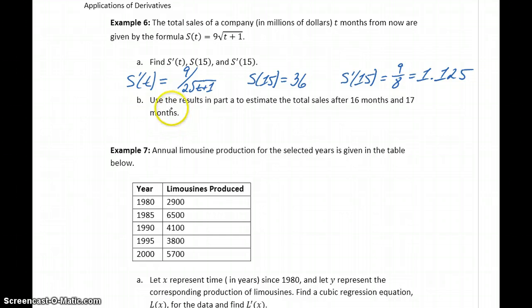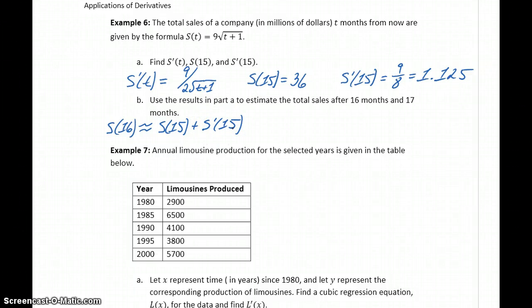In part B, we want to use those results that we just came up with to estimate the total sales after 16 months and then again after 17 months. So we want the total sales, s of 16, but rather than plugging 16 into that function, we want to use these results to come up with that. So we can approximate that value as s of 15 plus